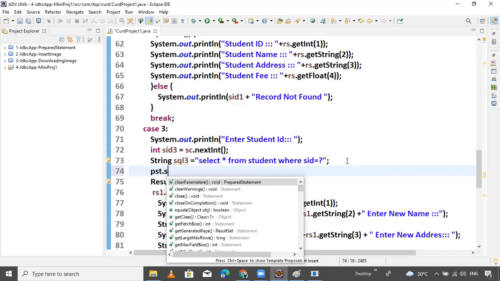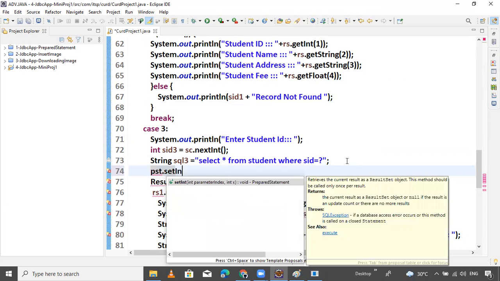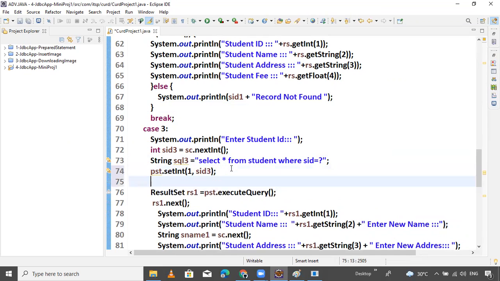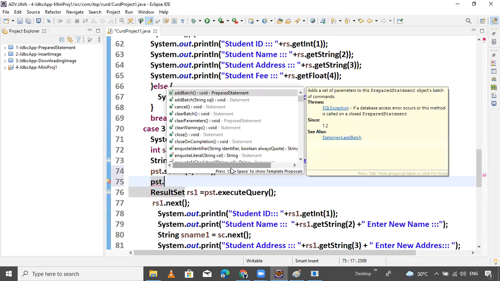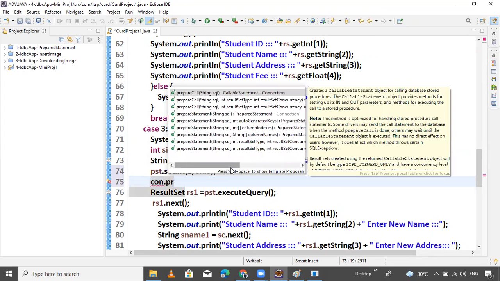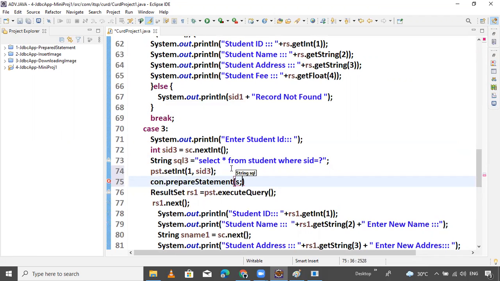So pst.setInt parameter as one, SID 3. Okay, no issue. pst.set. Now it is pst dot prepareStatement. Now call prepareStatement and pass that query SQL3.